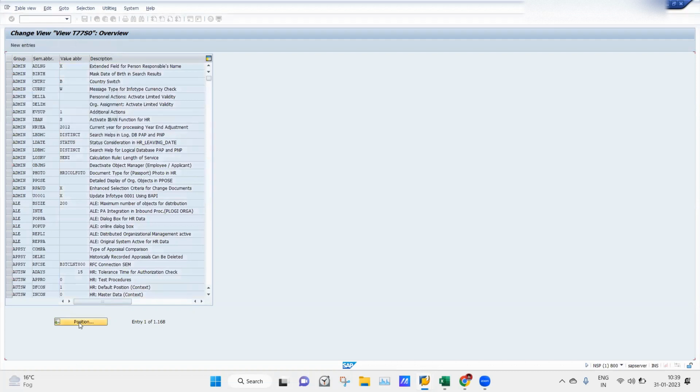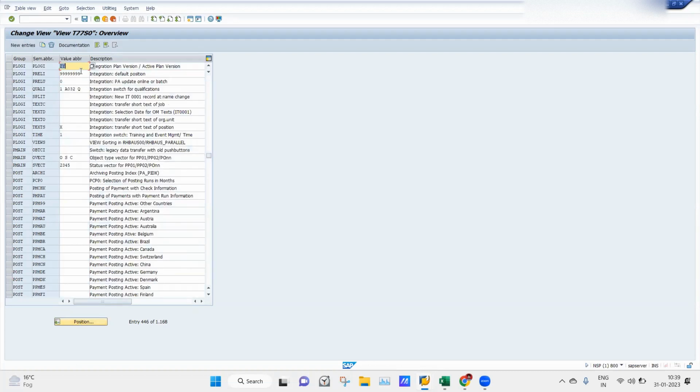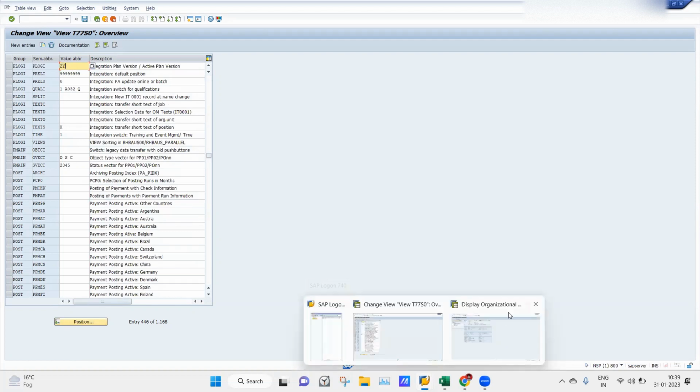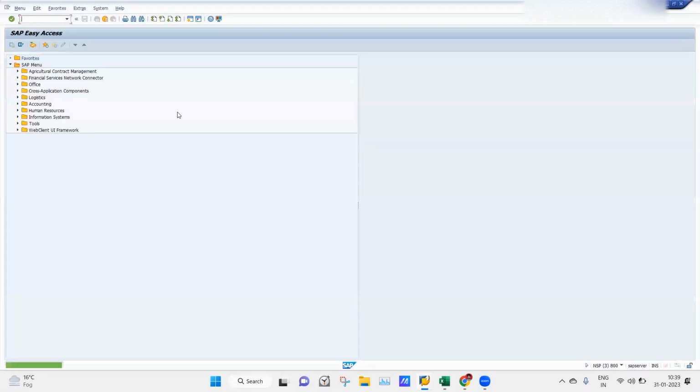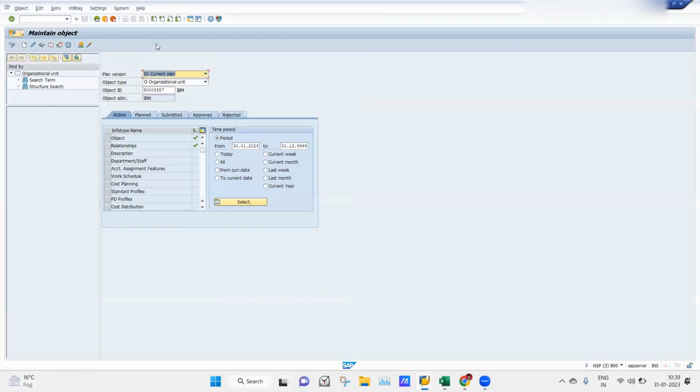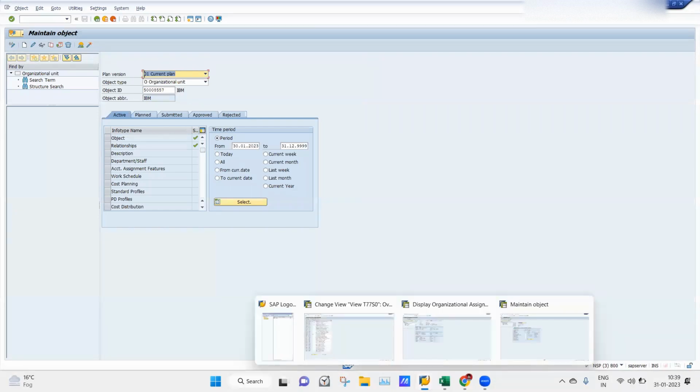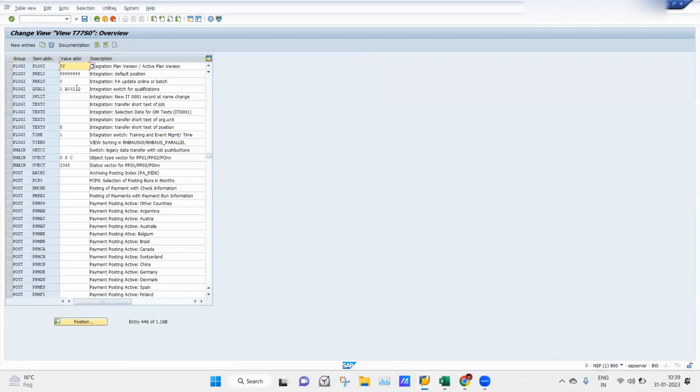If I have used ZY as the active plan version, then whenever we are trying to maintain our org unit and other things like position, the plan version which was coming was GY. But if I change it